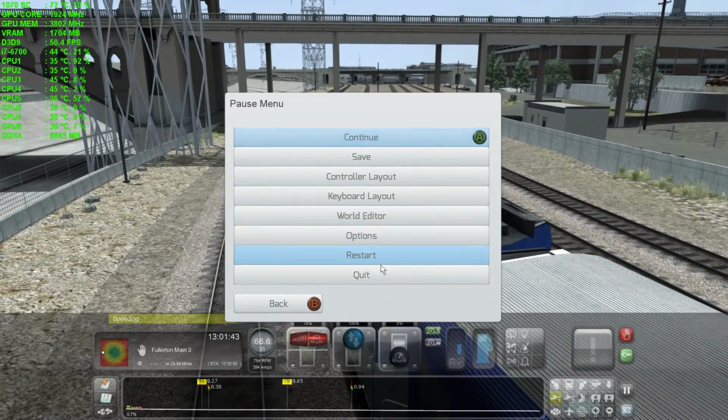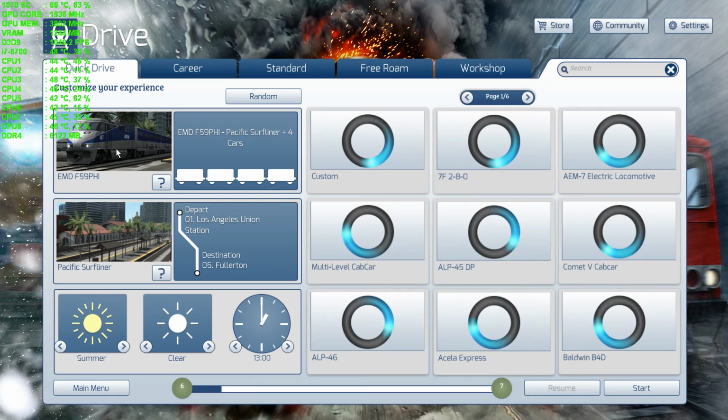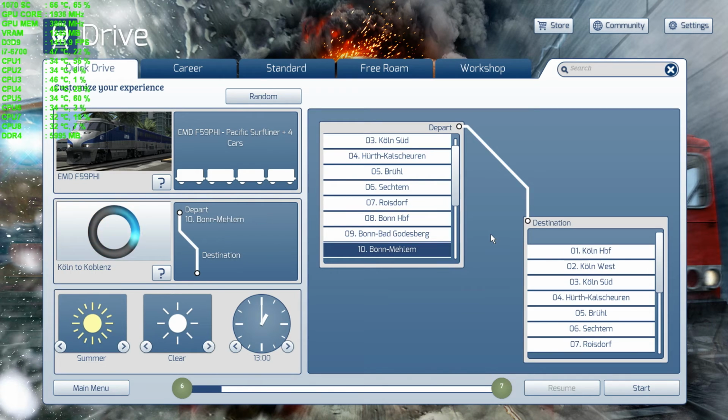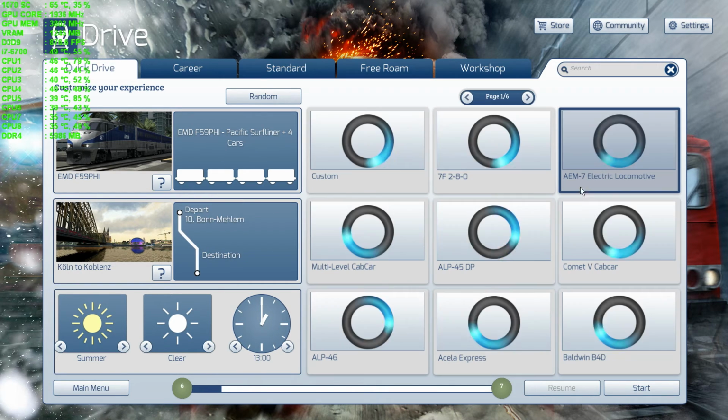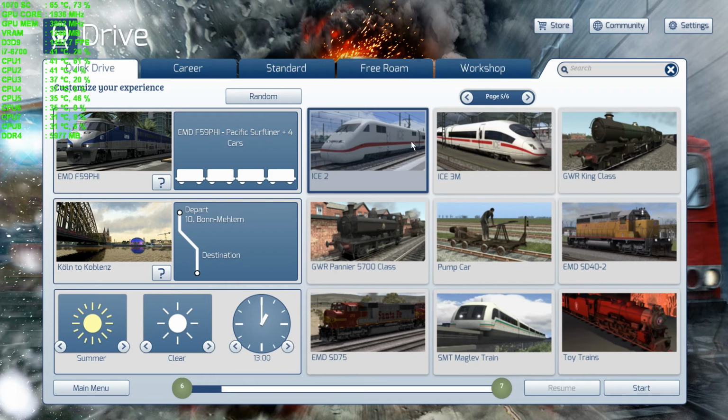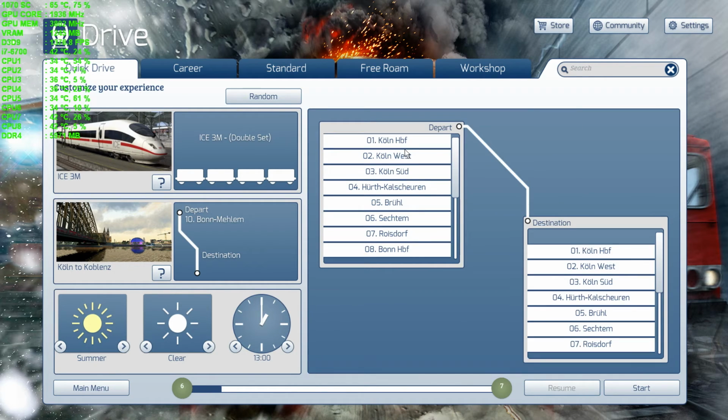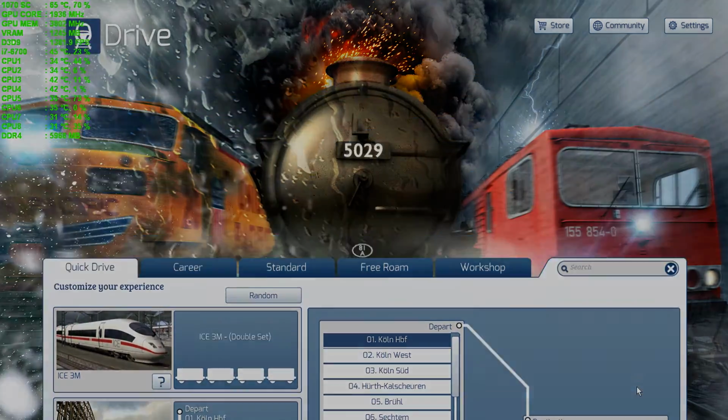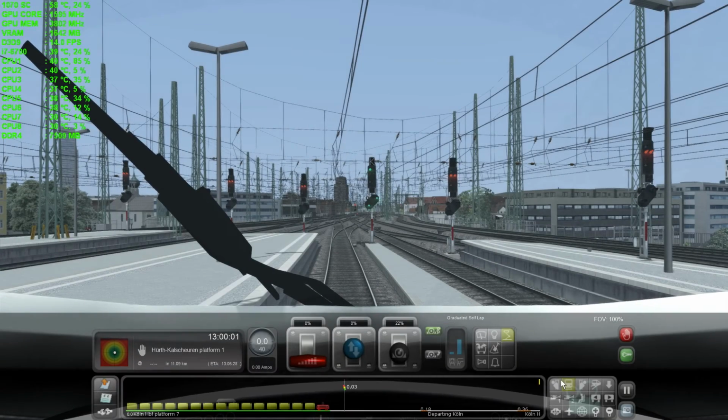So let's check out another route. So now let's do Germany. Okay, and we'll get the ICM3 going. We'll go from whatever that is to here. Okay, we'll just try that. All right, so now we're in Germany. We're on the